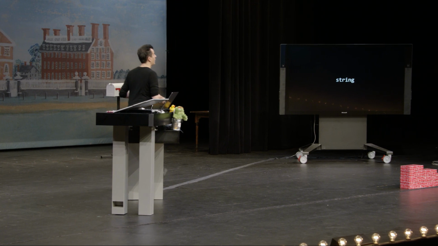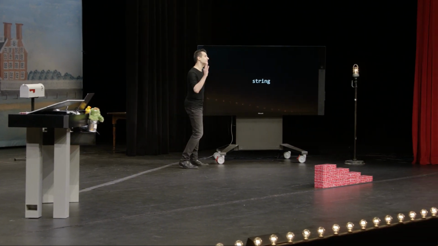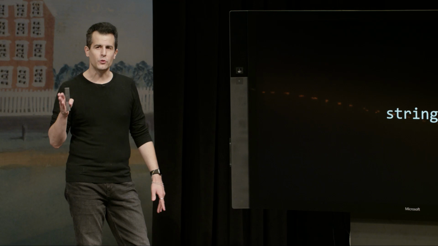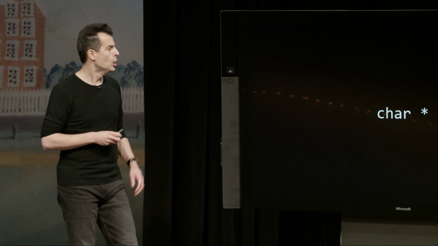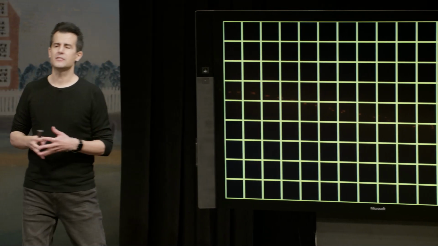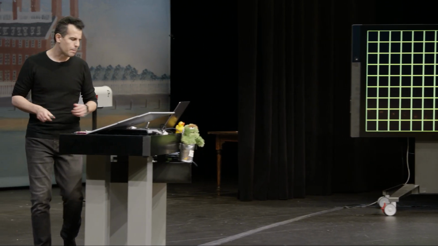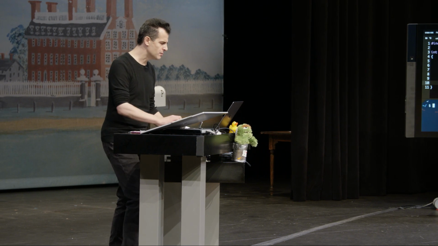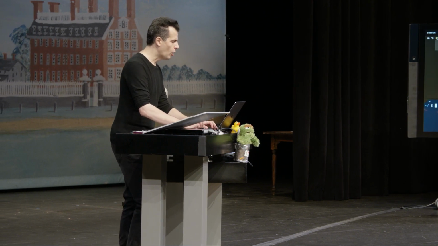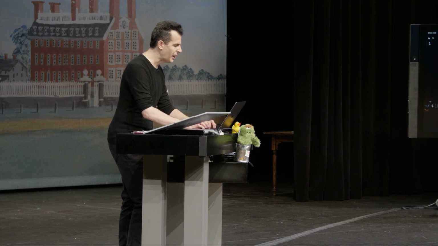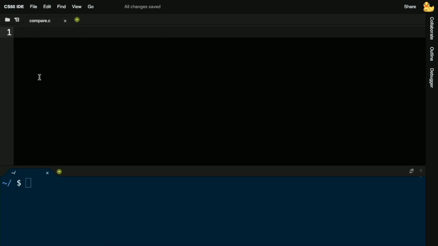So let's consider now some of the implications of these underlying implementation details, and consider now from last week why we did a few things the way we did in the past few weeks, in fact. So string is just a char star. And let's now consider an example. Let me zoom out on my memory just so I can cram more in at once. Let's consider an example where I might want to write a program that compares two strings. Let me go ahead and write some new code here in a new file this time called, for instance, compare.c. My goal with this program, quite simply, is going to be to compare two strings that the user might input.